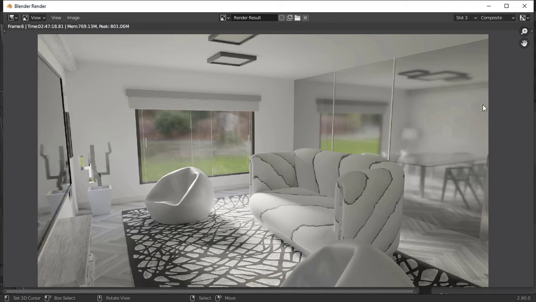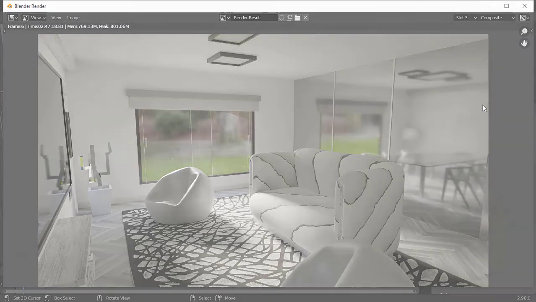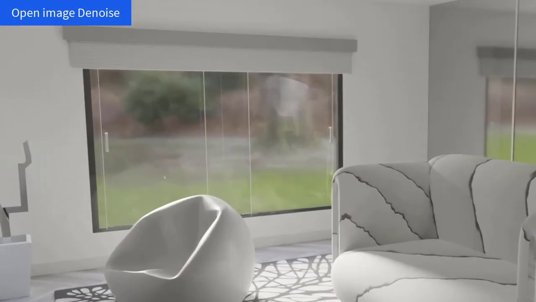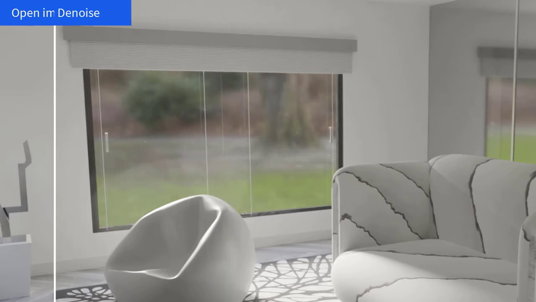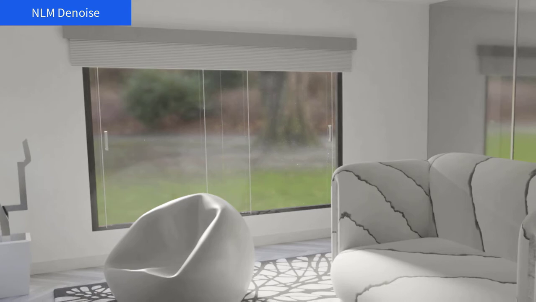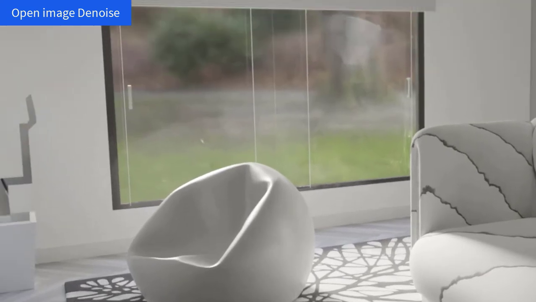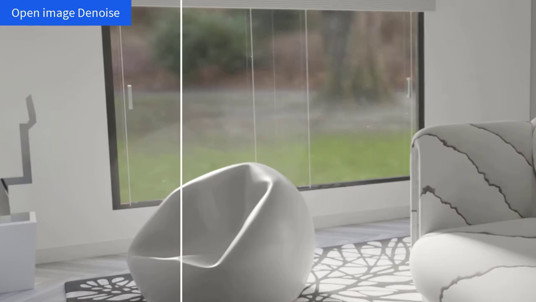Rendering is done now. Now let's compare the render result. You can see some of the sharp details cut out by the OpenImage denoiser in some parts of the scene, and you can see some of the render tile marks traced in the window glasses.